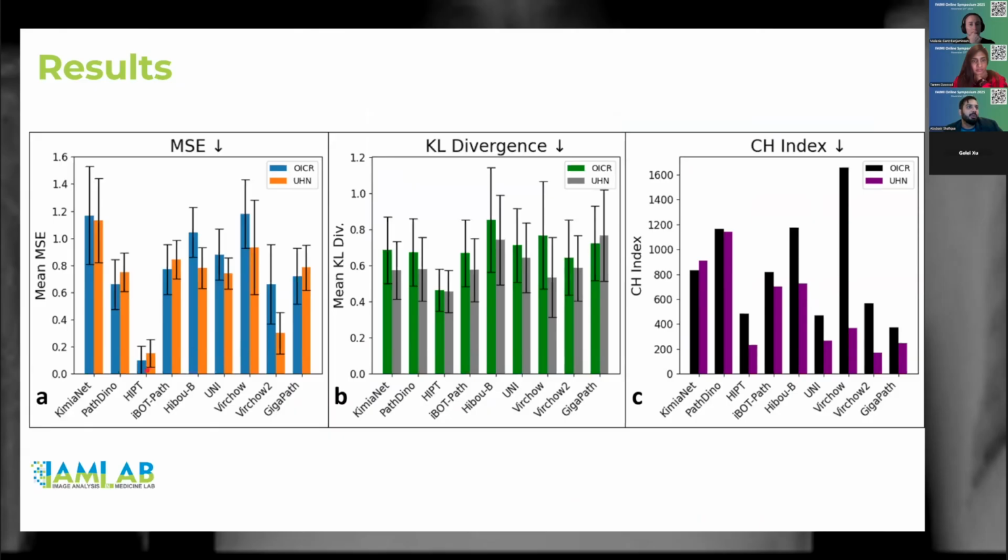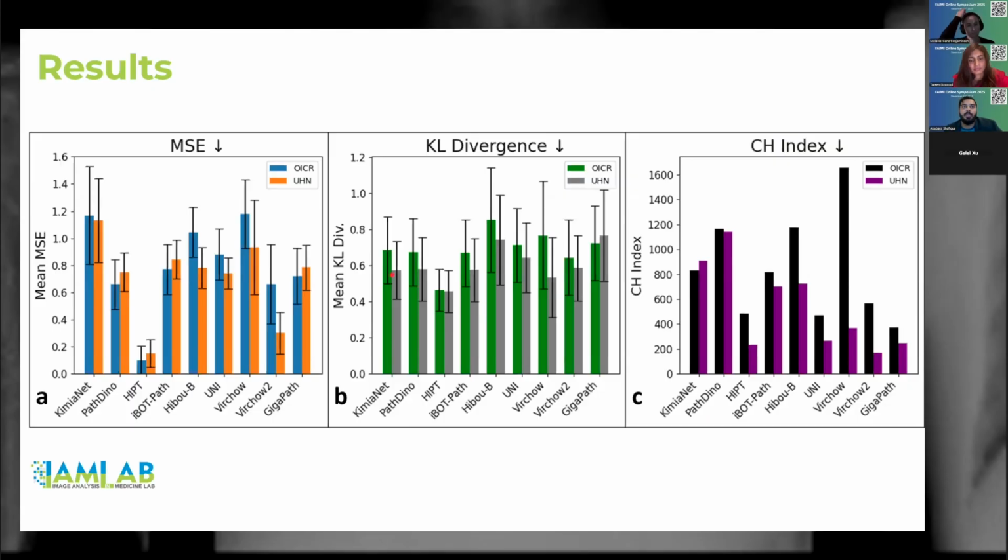As we can see, some of the models, like HIPT, have the lowest feature difference, and even the foundation models have some kind of feature difference as computed by the mean square error. One of the reasons to compare with the mean square error is that it is not dependent on the length of the vector, so we can compare different models together, as each model generates a different length embedding vector. In other metrics like KL divergence, we can see the distribution comparison of the feature distributions, how they compare with each other.